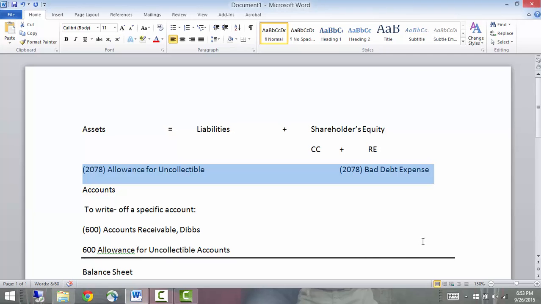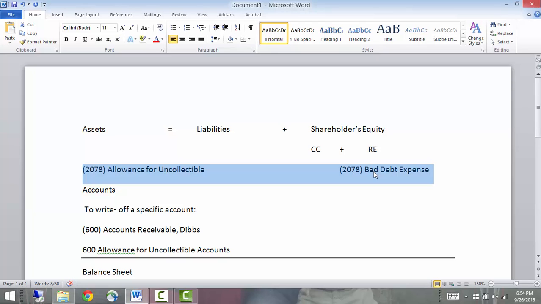Notice there is no bad debt expense when we learn that somebody's not going to pay us. And we can't count it as bad debt expense here because we already included it as part of this estimate. Remember, this is the estimate of who's not going to pay us, and here we have somebody that's not going to pay us. So you do not record the expense when you write off a specific account. That expense was already recorded when we estimated who was not going to pay us.